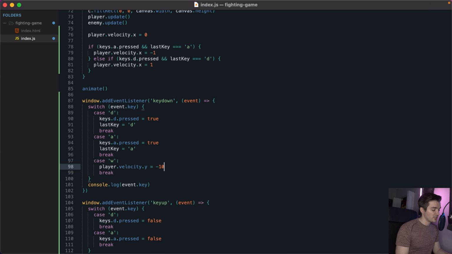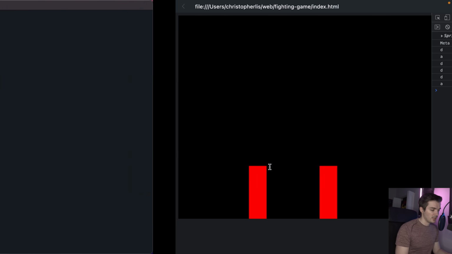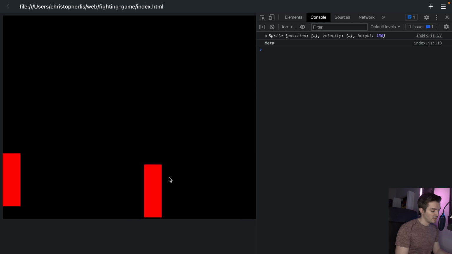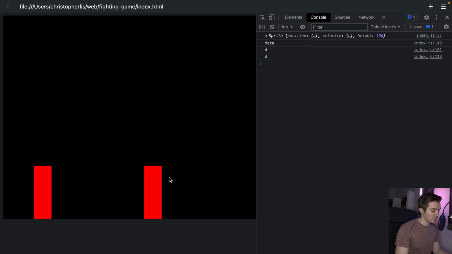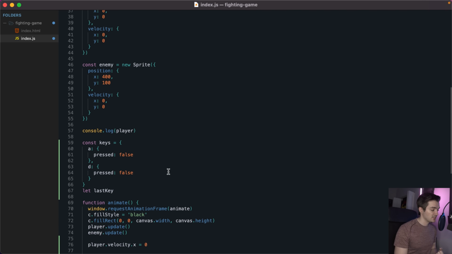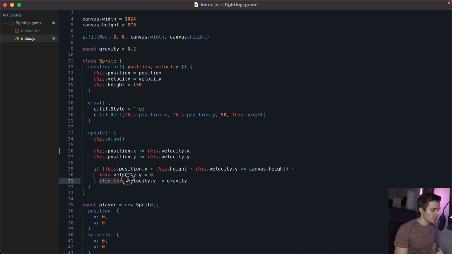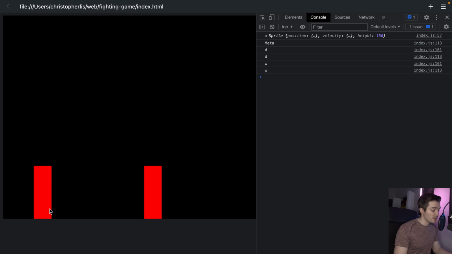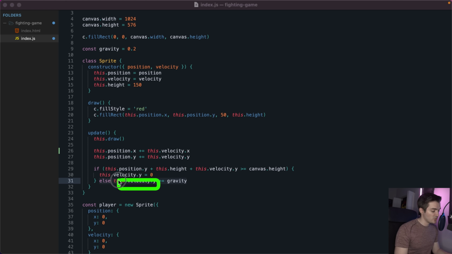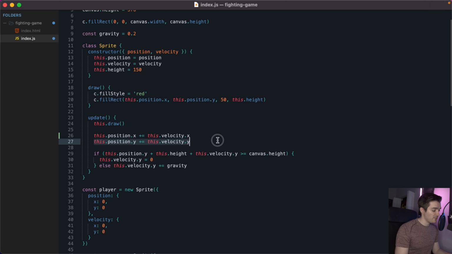If we go ahead and set this equal to -10 whenever we press down on W, we go back to our game, refresh, let our player fall, and then we go ahead and hit W on the keyboard, you're going to see that our player just moves upwards and falls down perfectly. Because we added gravity into our sprite class, right up here, we know we're always adding on gravity to our y velocity if the bottom of our player is above the bottom of our canvas. So as long as our player is above this, we're going to keep on pulling our player down by altering our player's y velocity. And since our y velocity is always being added onto our player's y position over time,